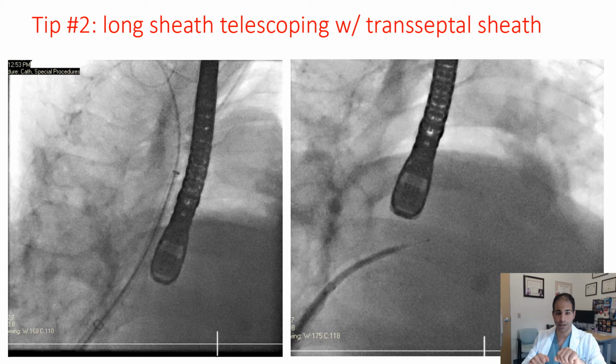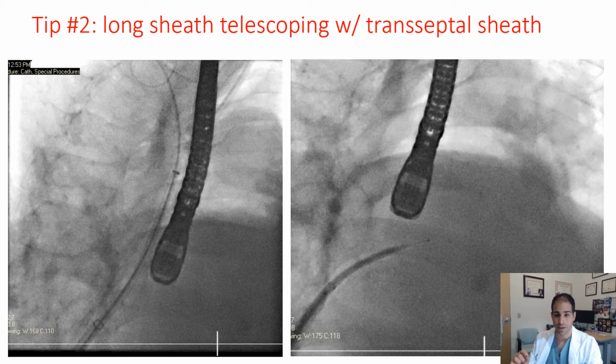inside of that sheath. That does 2 things. It'll straighten out the IVC for me, and then it also reduces friction points in an area of bend. If that doesn't work, you can put a buddy wire up with a Lunderquist wire, which will help to straighten things out. This particular example on the right screen shows you that when we're about to do our transseptal puncture,